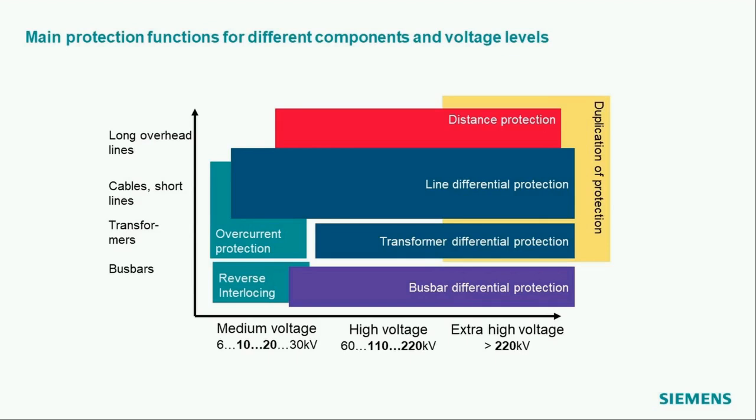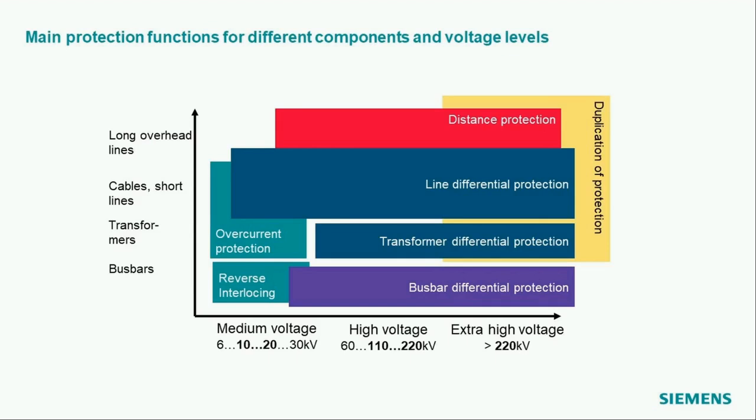But there is also some overlap with line differential protection, especially if you come one level down to the cables and short lines. You find more line differential protection, or you find both,